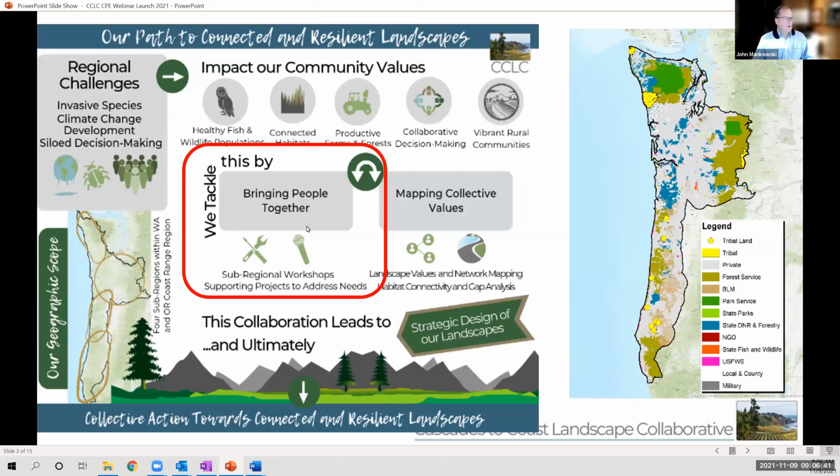And we do this in a couple of ways. One is by bringing people together around projects like this. And the other one is on mapping collective values. We released the map of our tool about a month ago in a similar webinar. So we produce maps that show large-scale priorities, but we also do projects like this that help advance our partners' priorities. And this one, of course, is on accessing